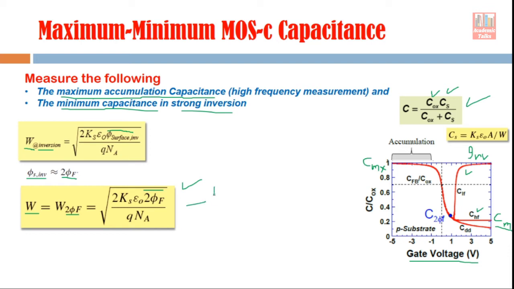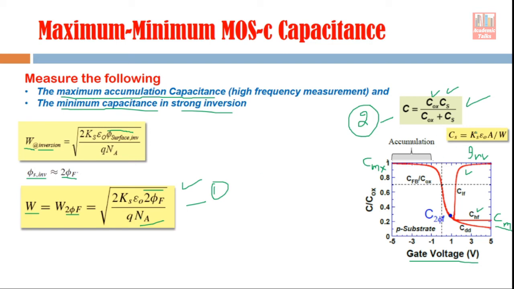Now, suppose this is your first important equation, and this is your second important equation. With the help of these two equations, what you have to do is find out NA, and that is our purpose. So from here you can see NA you have to find out. How can you do it?